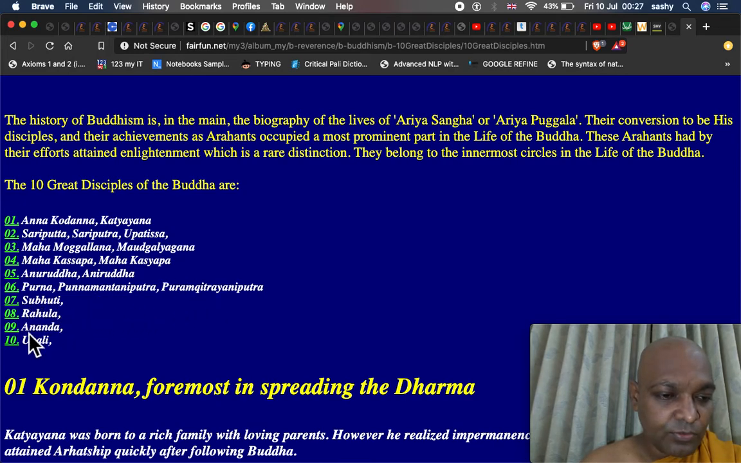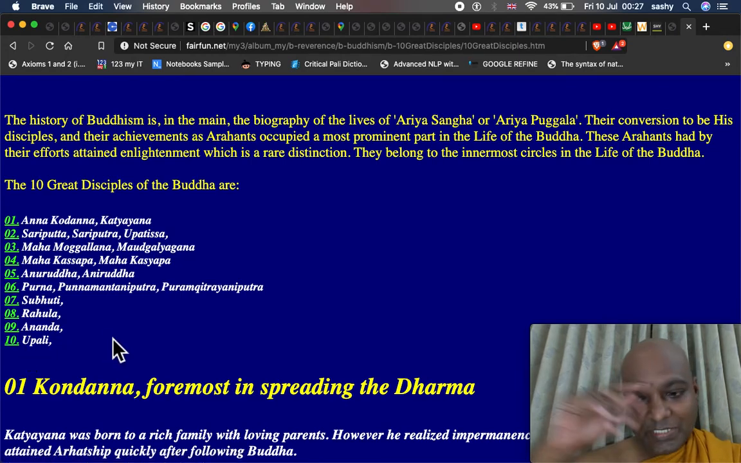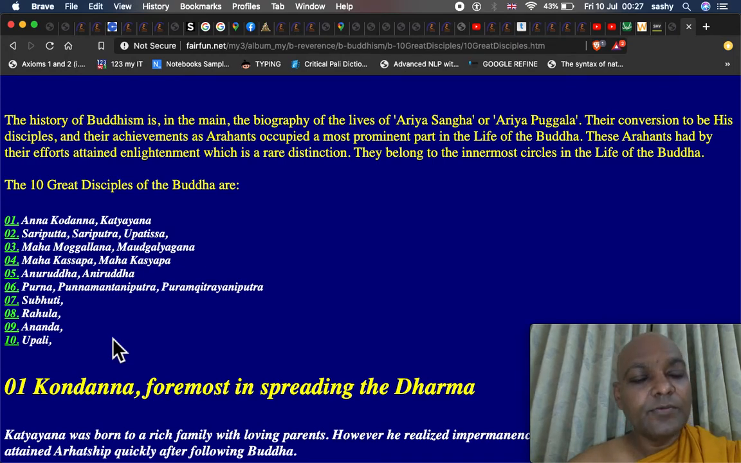Subhuti, Rahula, Ananda, Upali. So what they have done here is they have taken these 10 disciples, and what they have told is, like, when they were meditating or when they were walking, some bodhisattvas came in their mind and told something in Sanskrit about liberation, when Buddha was with them, actually. But the problem is, these bodhisattvas, they didn't tell any story, anything to Buddha himself, because